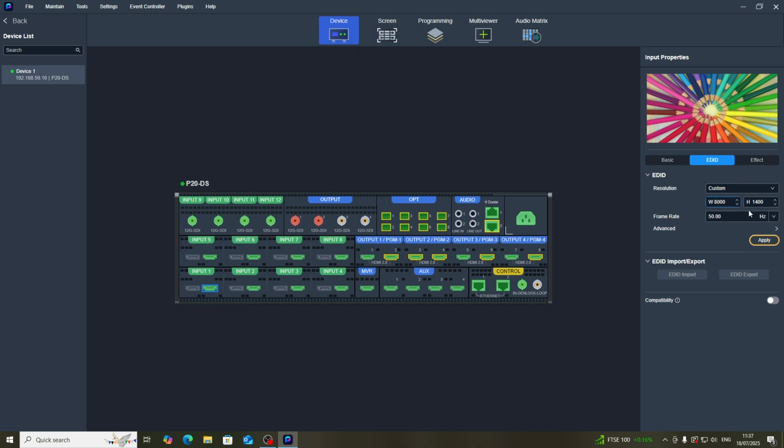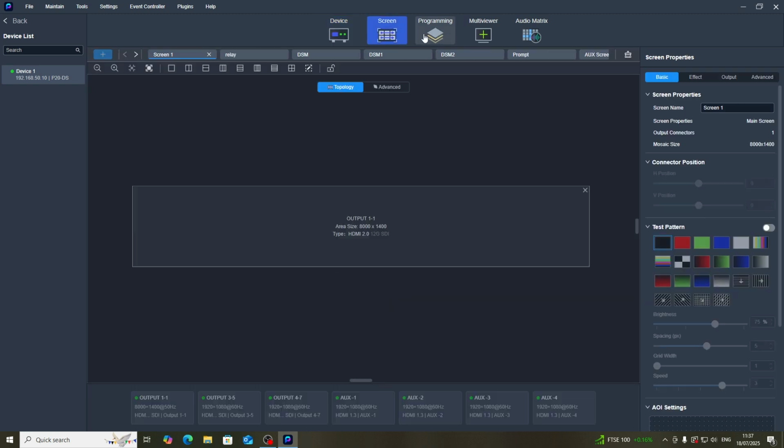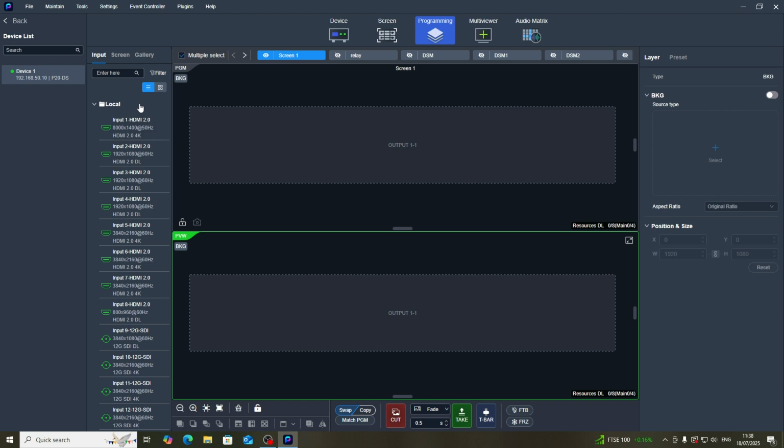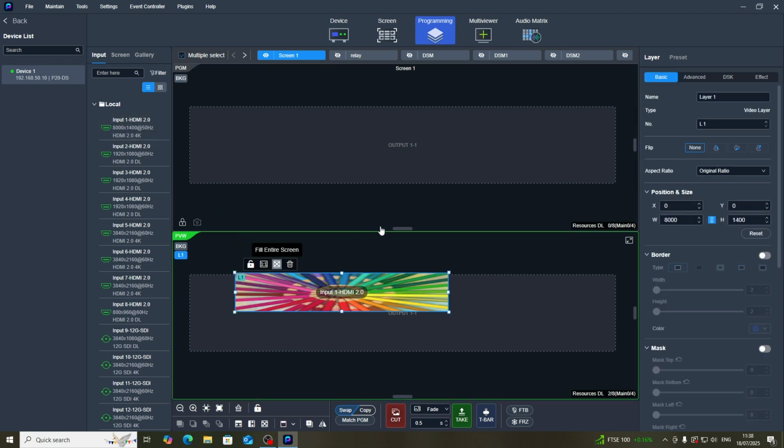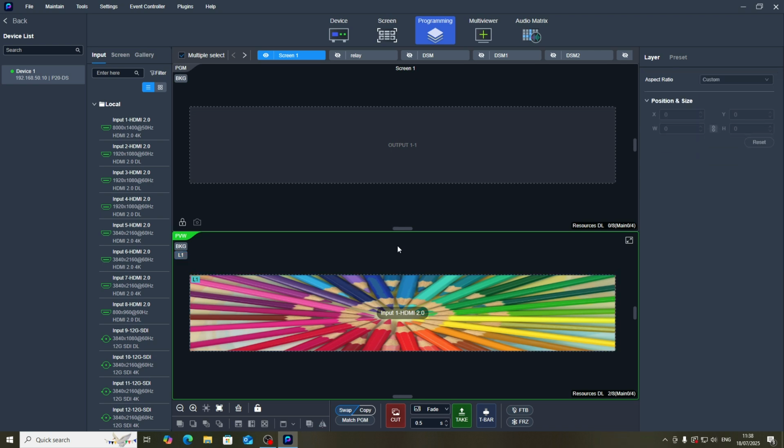You can't do this from an M series Mac, but you can do this from a Windows box with a suitable graphics card inside it. So again, we go back to programming. I can grab my input and I can just drop it on my screen, fill it to the whole screen, job done. Now, obviously I'm in 4+4 modes, it's used 2 of my 8